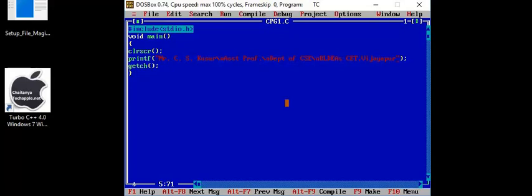In our college lab we have the Ubuntu operating system. There in Ubuntu we won't use clrscr and we won't use getch because there we are getting the terminal directly. That one I'll explain to you afterwards.